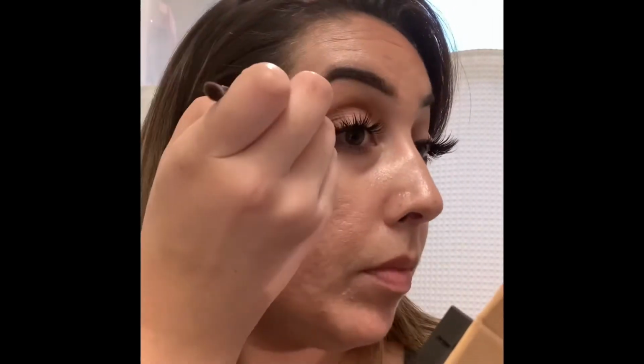Okay, if you're finding that you've got like a definitive line, you can get another brush. This is the one that came with the kit, and blend it out. That's where you just go all over. Okay, so you can see now my crease is pretty definitive, and we've got a little bit of a fade